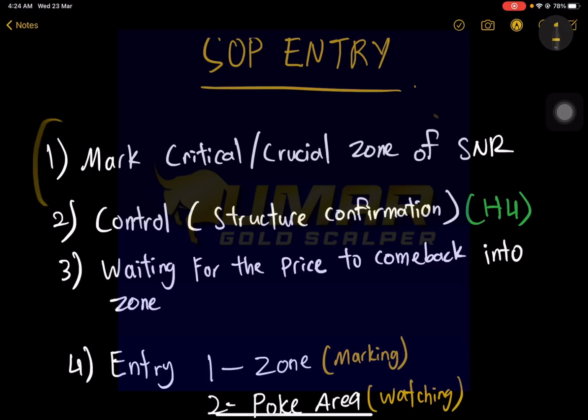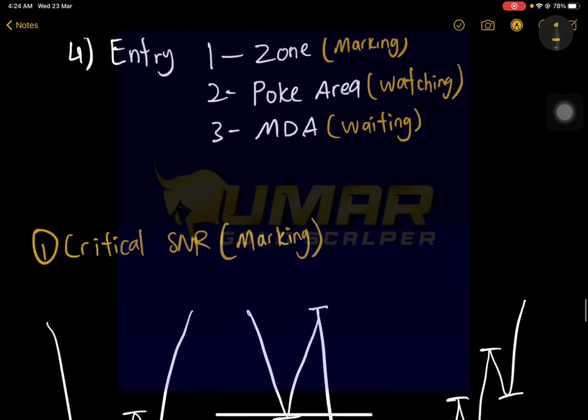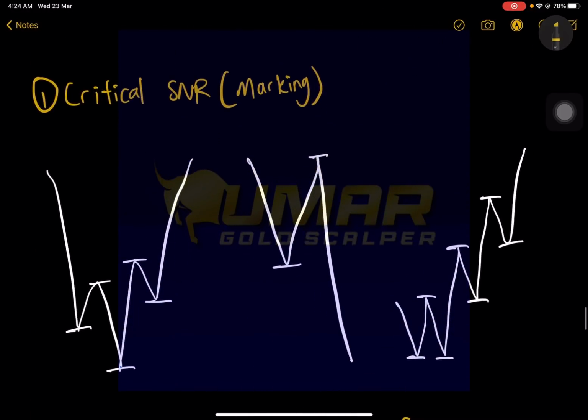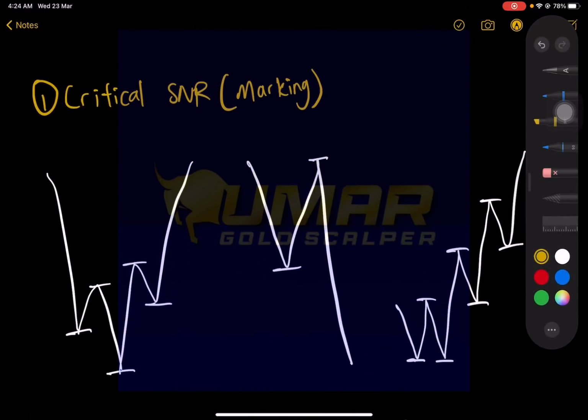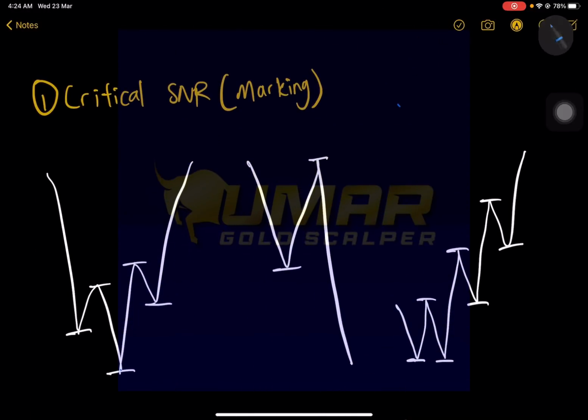Okay, number 1, marking critical and crucial zone of support and resistance. Right, marking critical zone of SNR, which means support and resistance. Alright, critical SNR, we will be marking